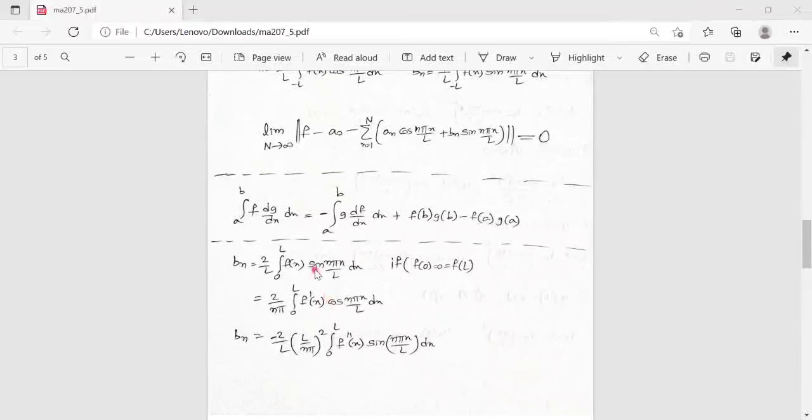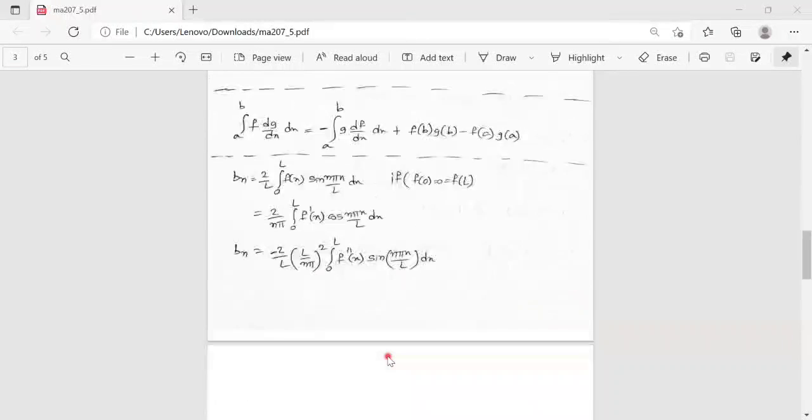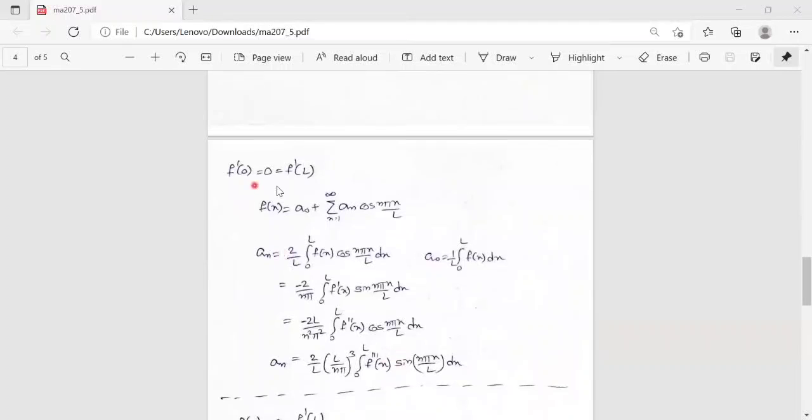If we apply the derivative transfer for the first time, we get this equation, and applying the derivative transfer a second time, we get this equation. If we take f as a polynomial, we can simply find the derivative of f, which makes this integral very simple. That is the use of this derivative transfer theorem. For the second type of boundary conditions, f of x is simply the a naught and an terms, and bn will be 0 for all n. We can find an by using this formula, and if we use the derivative transfer, it simplifies to this.